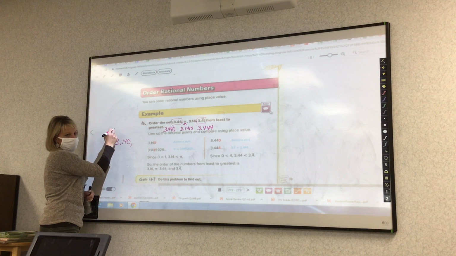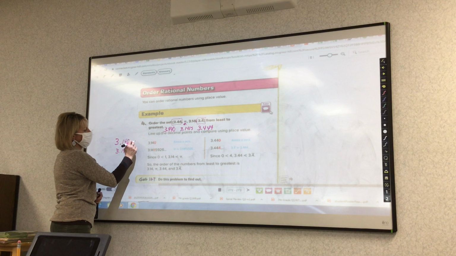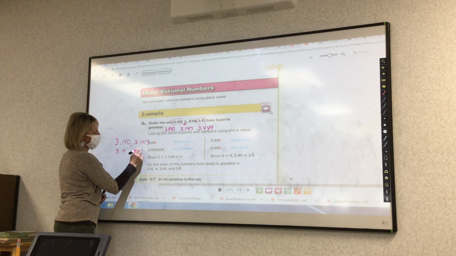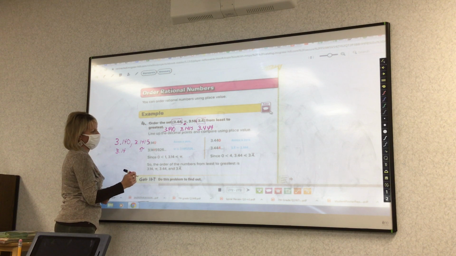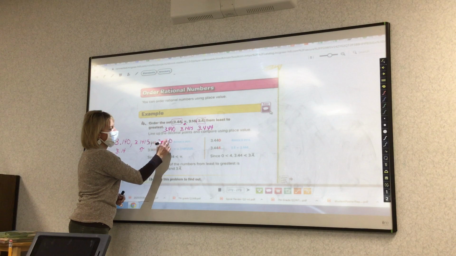On the bottom or the top of it, write your original number. Then I go 3.1415, and underneath that, that was really labeled pi. Then I go 3.440, under that